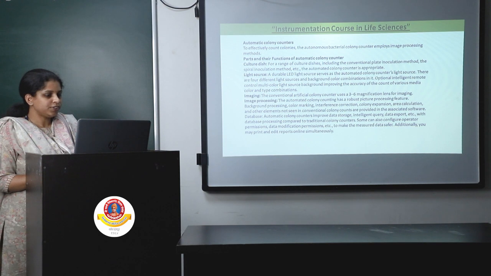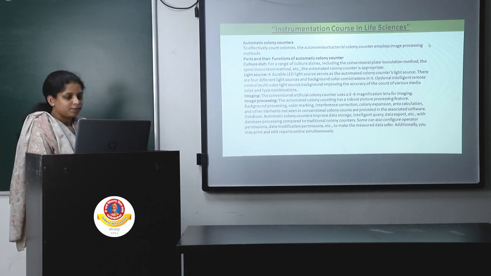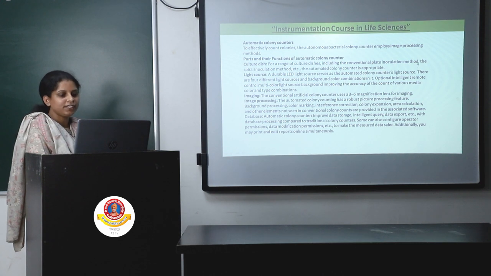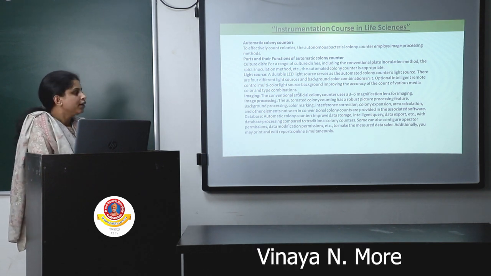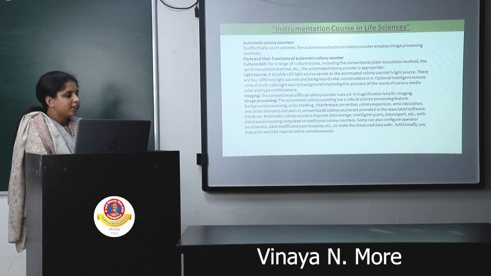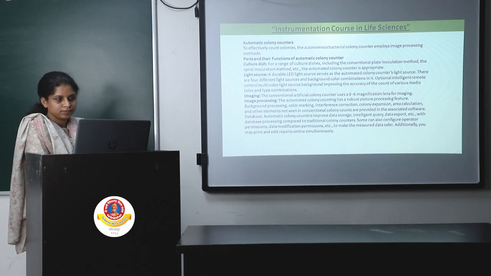And last is image processing. The automated colony counter has a picture processing feature; background processing, color marking and interference correction, colony expansion, area calculation and other features are provided to measure the colonies accurately, and it uses a database to make automatic counting of colonies.